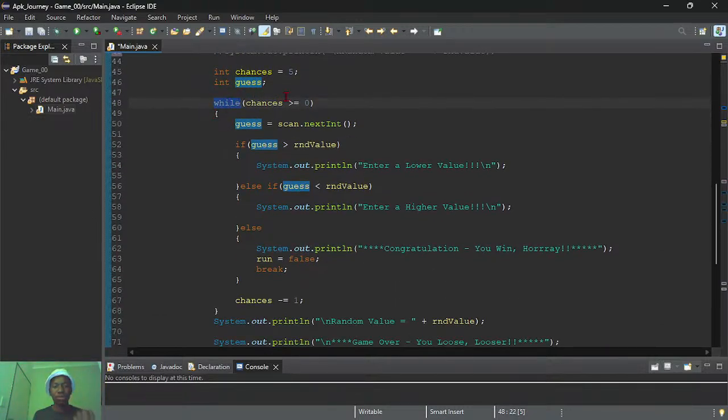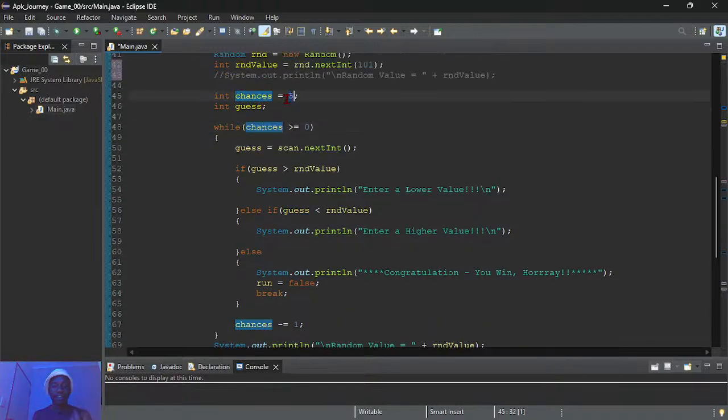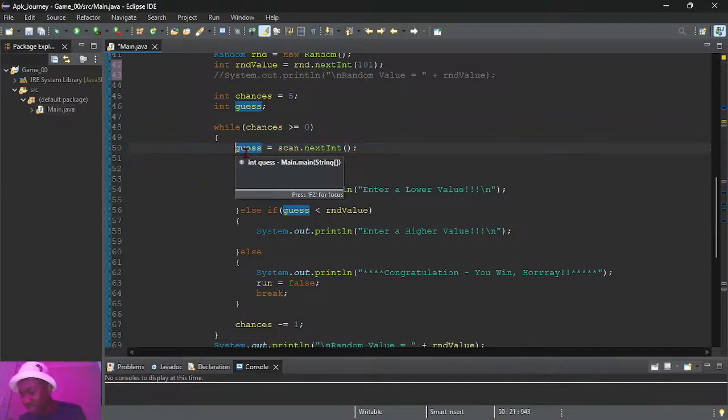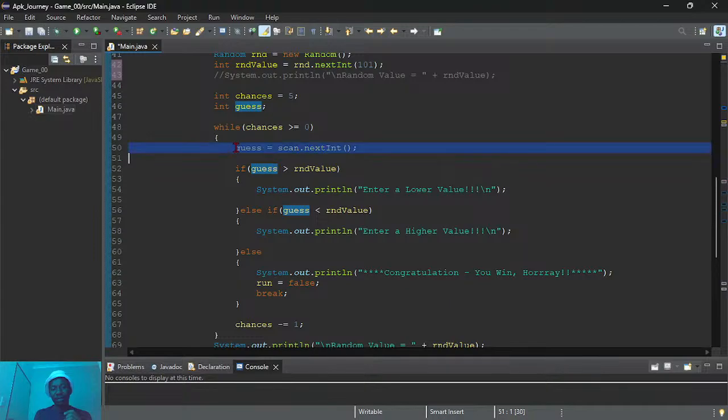This while loop is going to run 5 times, as our chances is assigned 5. So what's inside of this while loop is supposed to execute 5 times.